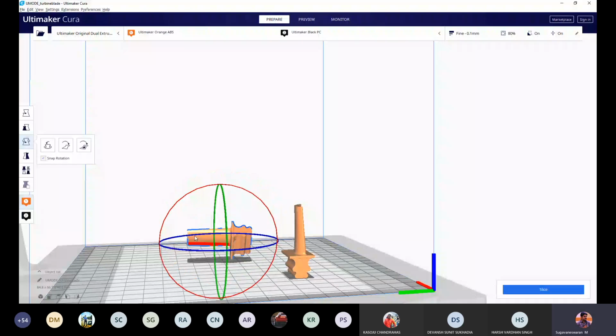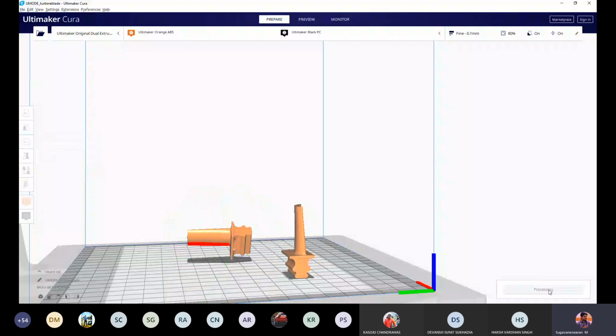I kept it horizontally. Again, I will do a slice. I think in the previous case, it was 1 hour 59 minutes and 9 gram. Right? Let us see what is the effect in this case.